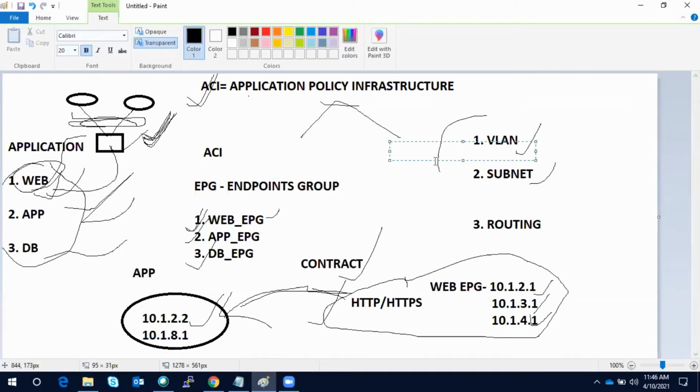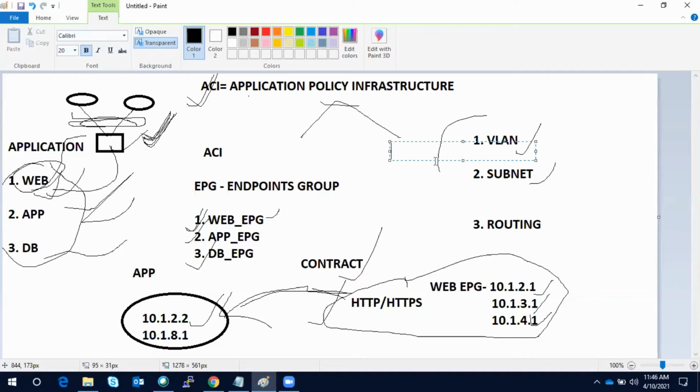So in your organization, you have deployed in the network centric mode. You have configured ACI more like a traditional network, where for web you have one subnet, for app another subnet, for DB another subnet, and you are putting all your web servers in one subnet, app on one subnet, and DB in one subnet. That is also there.